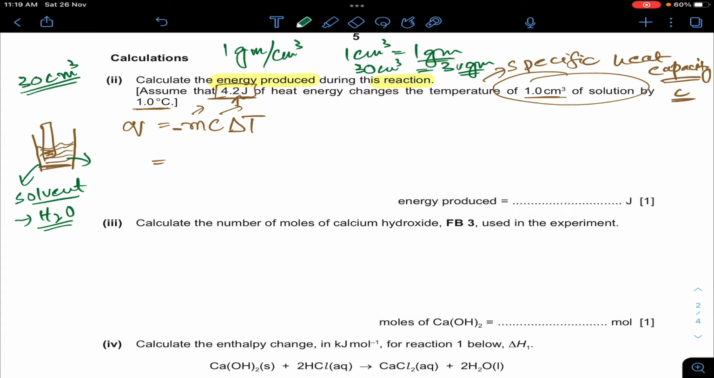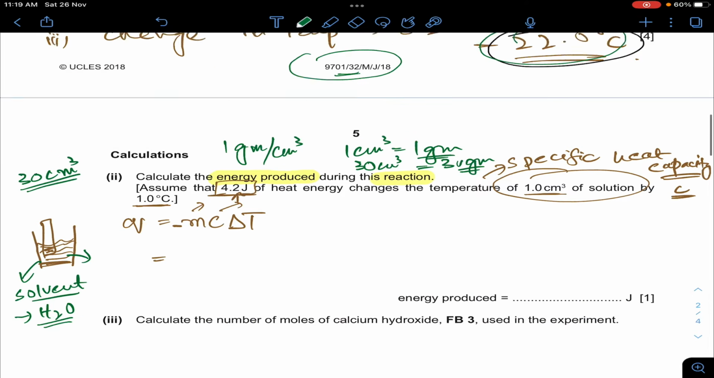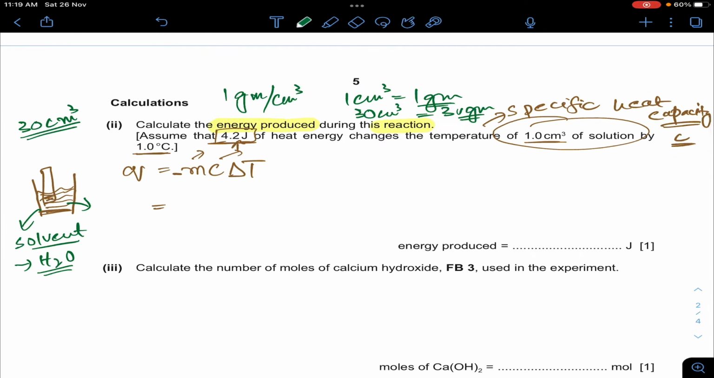The temperature rises, right? The temperature change which you have noticed, this 22 degrees centigrade, is the temperature change which occurs in water when we have added calcium hydroxide into hydrochloric acid, right? And we are taking the specific heat capacity. This is the specific heat capacity of water. So we have to take the mass of water,